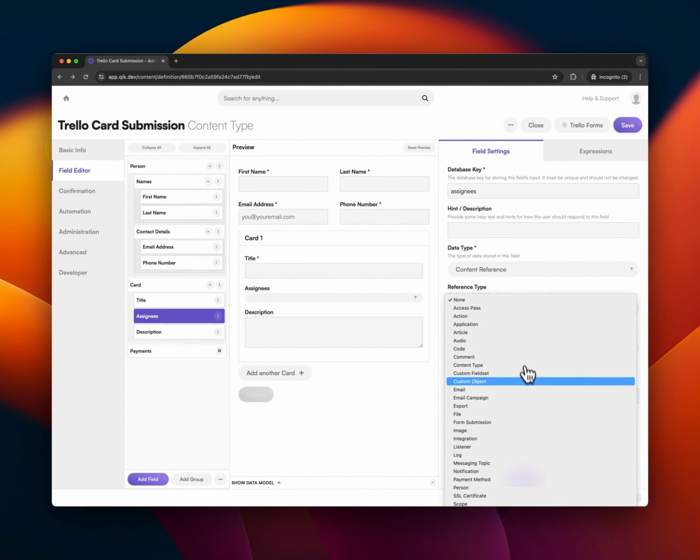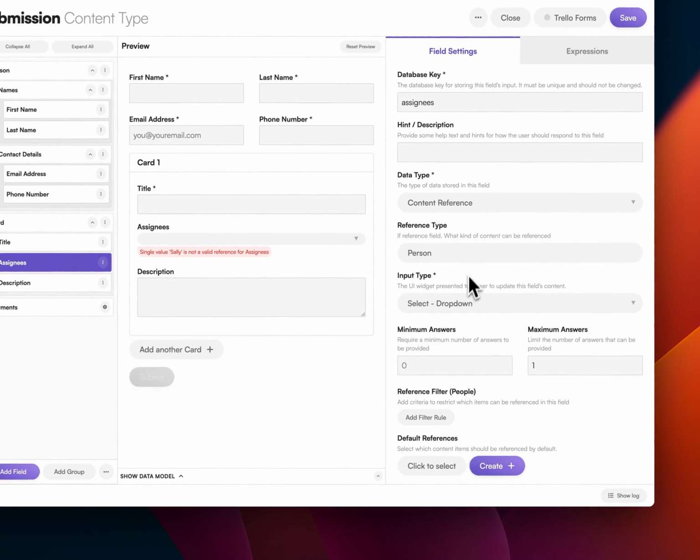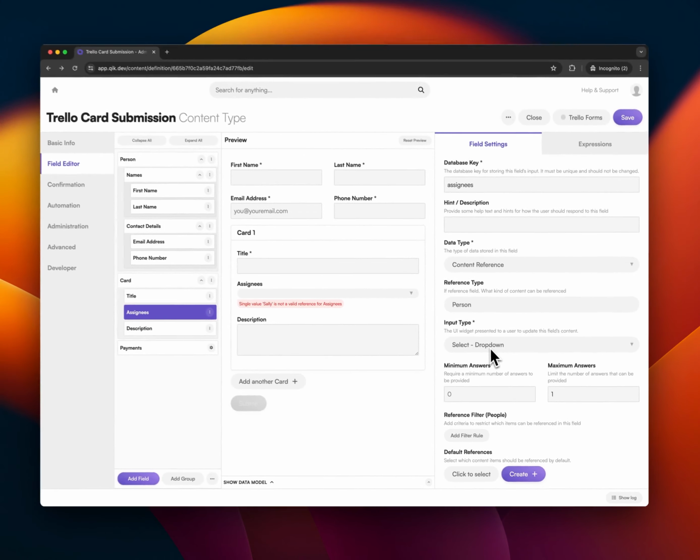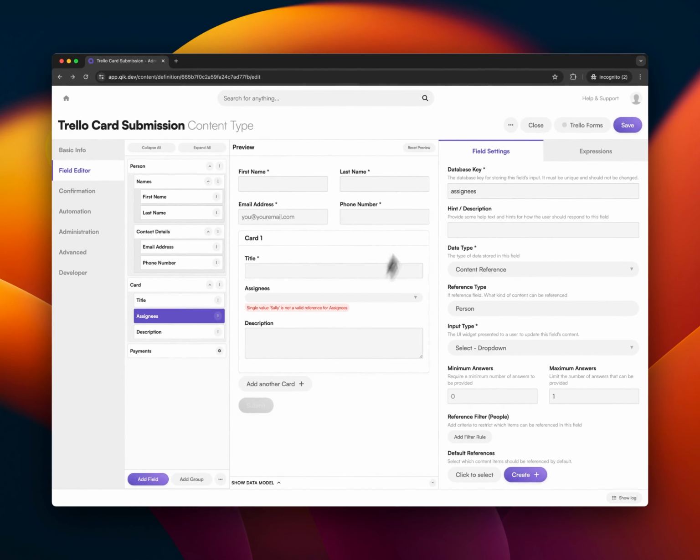So we could create our own type of, let's say, employee or assignee or something, and then we could just make it so it's a drop down that gets populated from all of the assignees that we create in the database. That's super easy and comes with a whole bunch of other great benefits. So I can show you an example. We could just click person and we could have the select drop down,